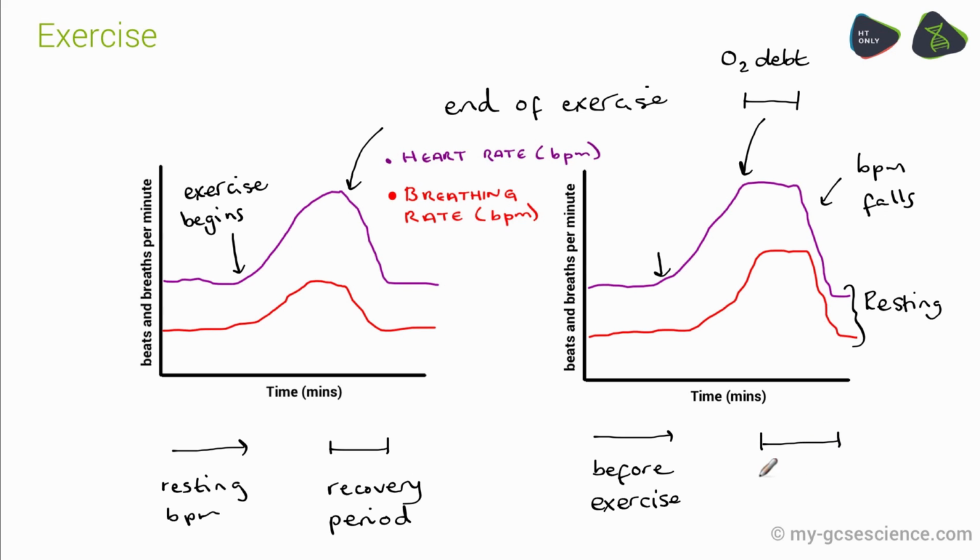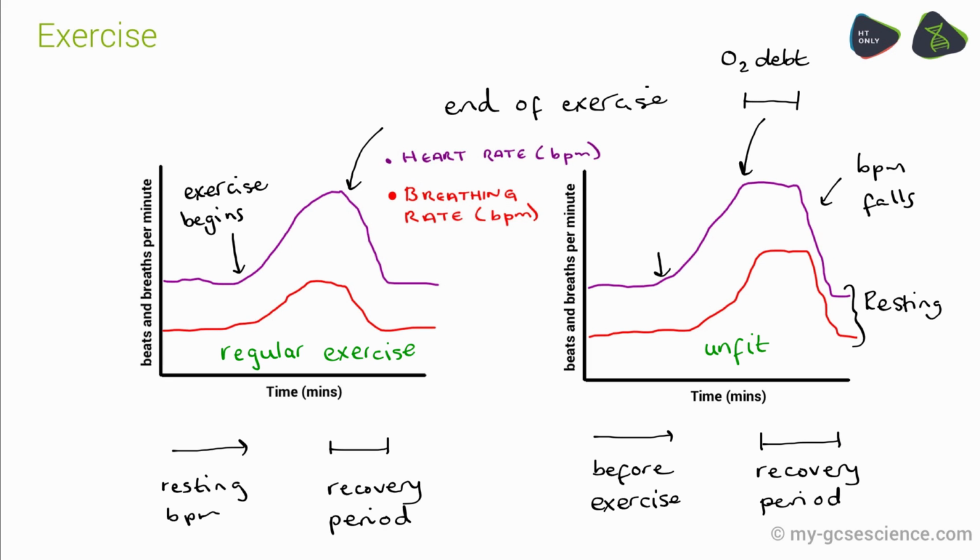And if you're comparing recovery periods between two sets of data, if they're based on two different individuals, one might say that the first graph is based on an individual that carries out regular exercise and therefore is fitter, and the second graph is based on somebody who probably doesn't exercise and is quite unfit. And this indicates that by doing exercise on a regular basis, you will build up your levels of fitness. Your recovery times will be much shorter.